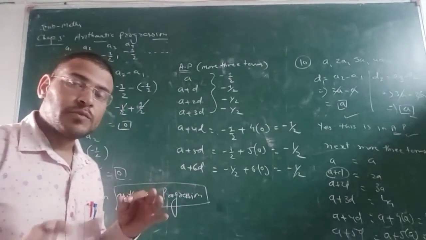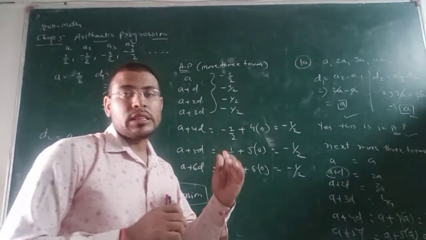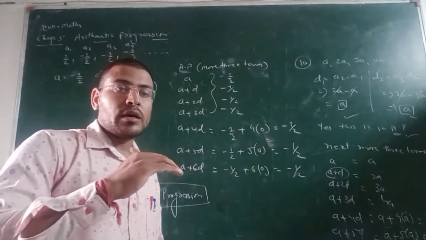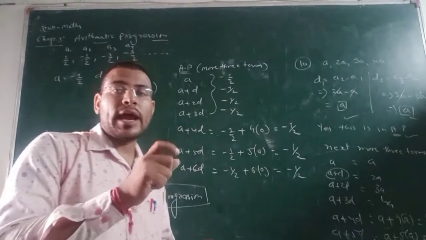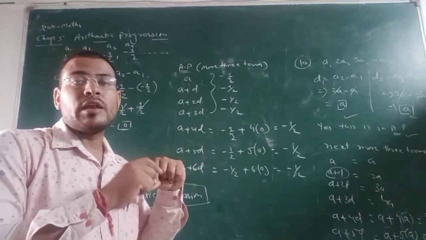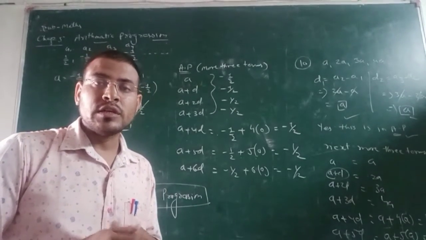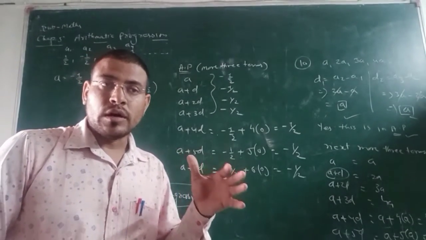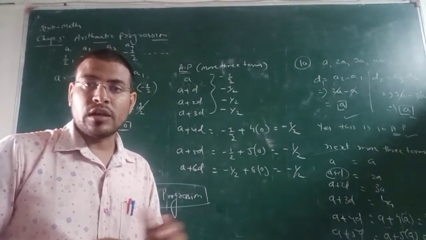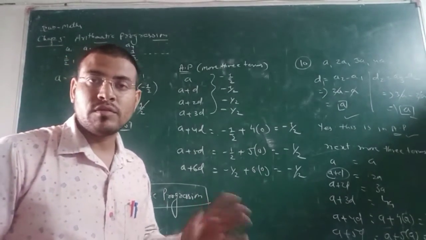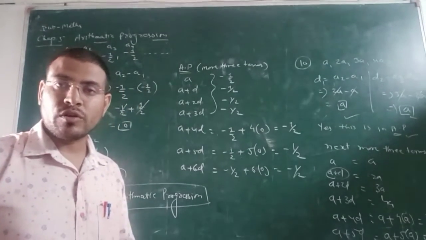Friends, as we all know, in an arithmetic progression there is a fixed value added after the first value to make the series perfect, right friends? So according to the definition we have seen earlier, we will judge the same thing here and decide whether the given series is an arithmetic progression or not.